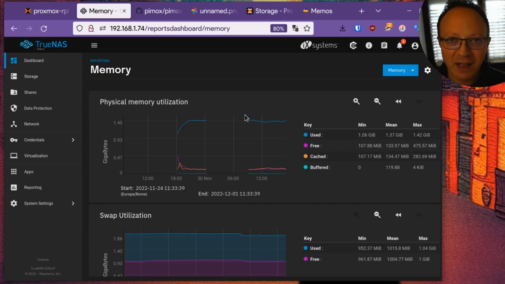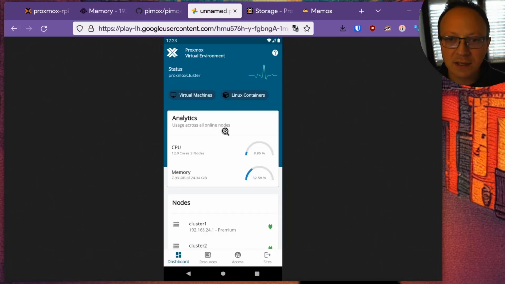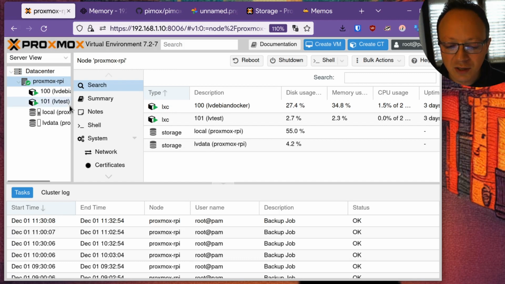So the other feature which could be interesting for some kind of people, honestly I don't care much about the mobile applications, but Proxmox has implemented a native Android application, Proxmox Virtual Environment Mobile, and you can find it in the Play Store. But it's a completely different application from the old web UI, so it isn't guaranteed that all the feature of the desktop application you can find that in the mobile application.